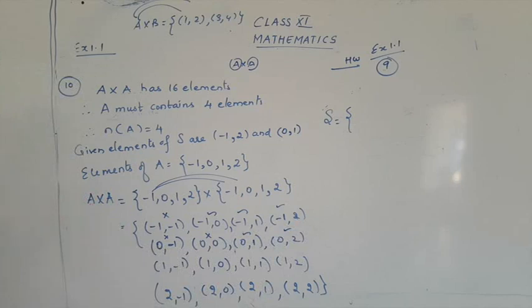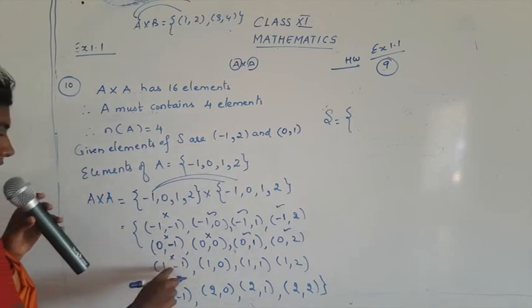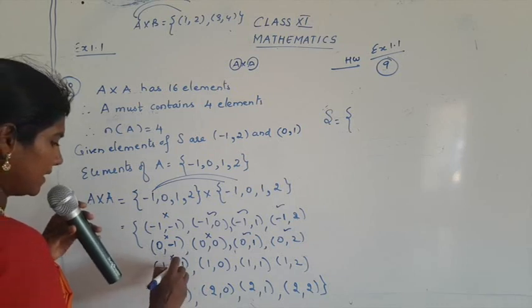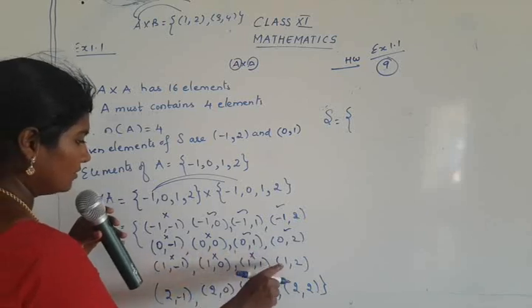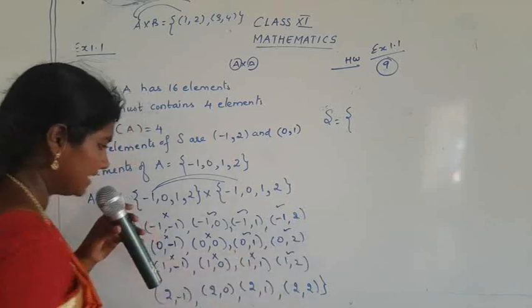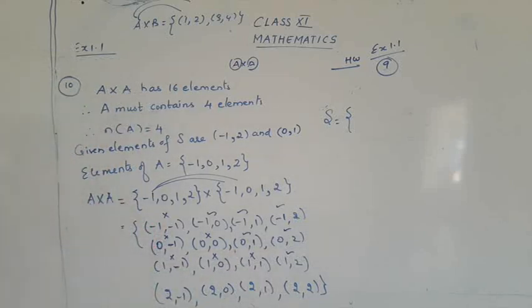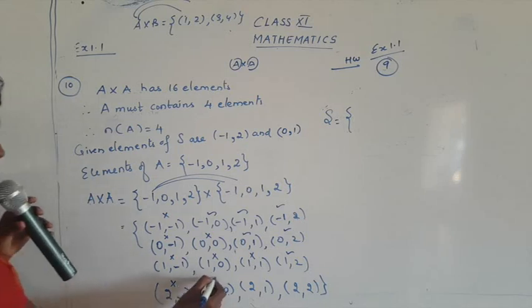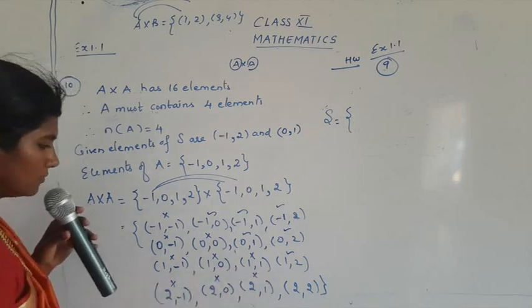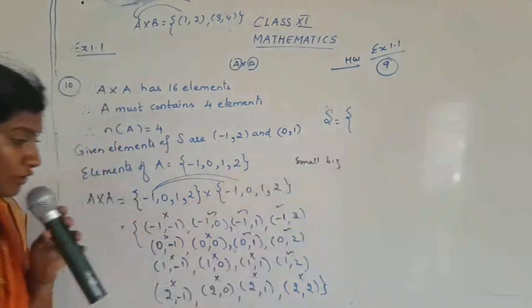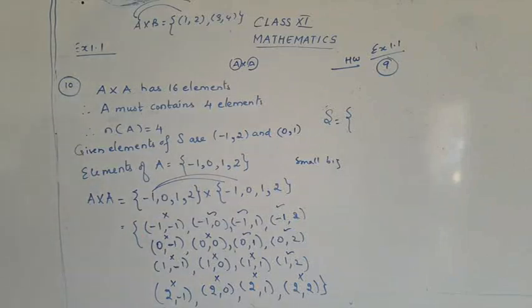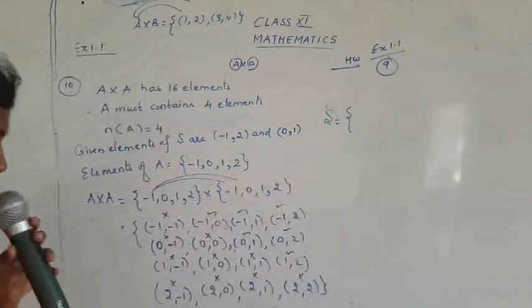What about this number? Is it allowed? No, it's not allowed. Reason? A positive and a negative. A negative number is present over here in the b part. Here, not allowed. It's big and small. This is equal. This is small and big, so it's allowed. The second number should be big. So that's allowed. Here, not allowed. This is not allowed. This is not allowed, because it is big and small. So we need a small number and a big number. So let's list out all the elements of S.